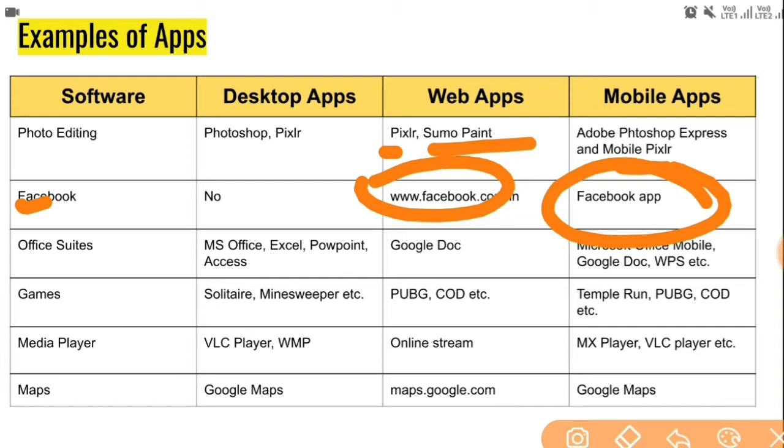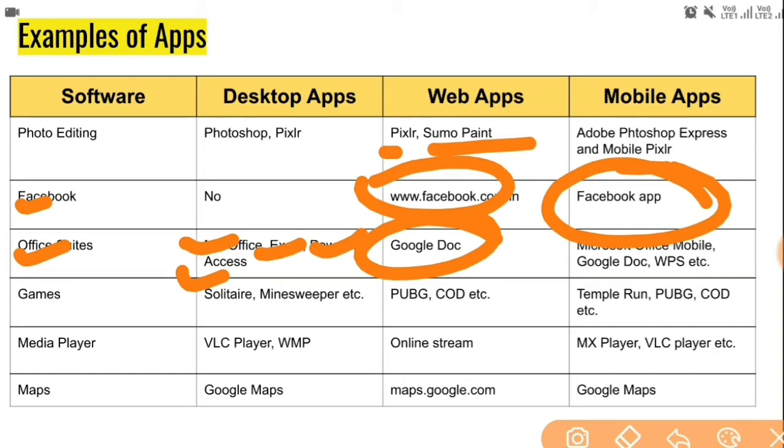Okay, now the next thing that I want to tell you is Office Suite. The Office Suite contains MS Word, MS Excel, MS PowerPoint, MS Access, and many other Microsoft packages. It has some desktop apps, which include word processing apps, PowerPoint presentation apps, spreadsheet apps, and database apps. Now, talking about web apps, there are Office Suites there too, like presentations, spreadsheets, and databases. All these things we can find on Google Docs, but Google Docs requires internet, so that is known as a web app because it requires internet.